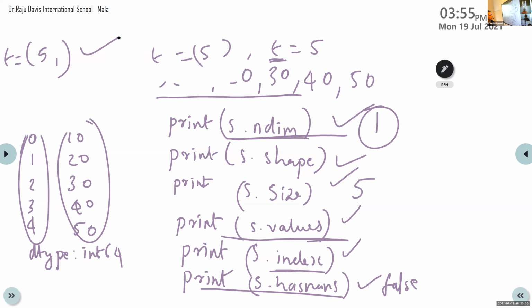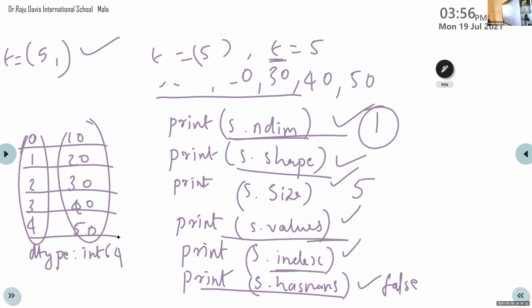So the s dot shape attribute will return a tuple. In that tuple, only one value is there. What is the use of this shape attribute? It is used to return the number of rows in that series. Here, how many rows are there? 1, 2, 3, 4, 5 rows.